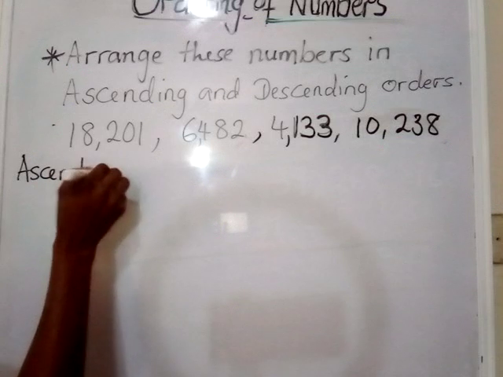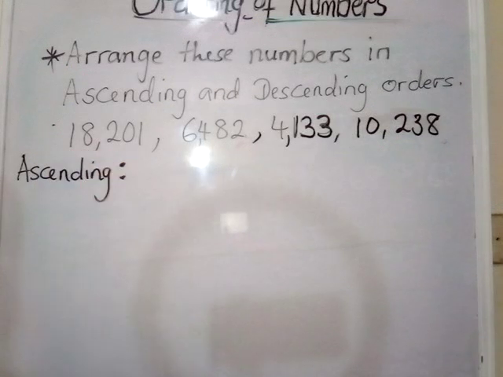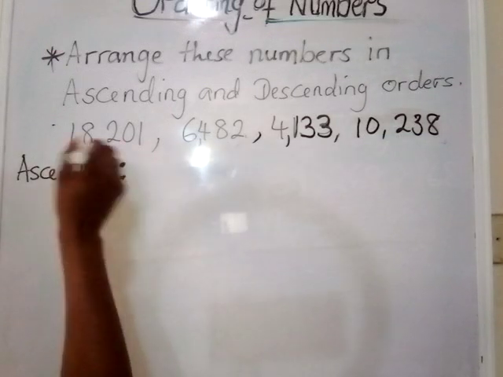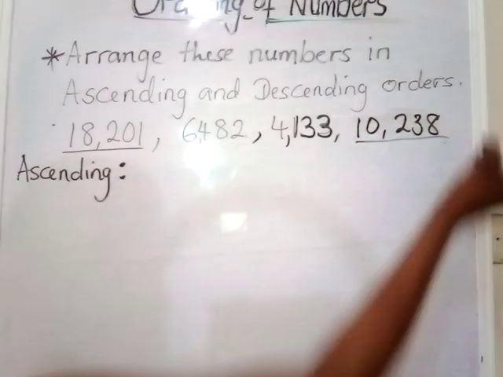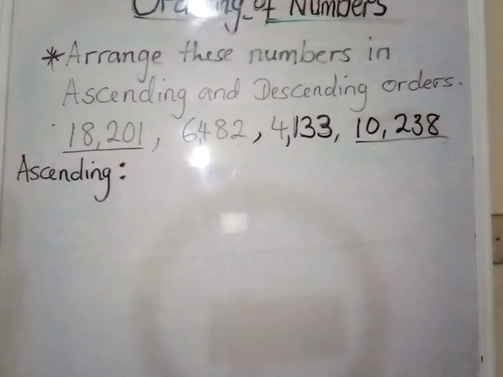Going up from the smallest to the largest. So let's look at the numbers. Here we have 5 digits. Here we also have 5 digits. And then these other 2, we have 4 digits. So that limits our